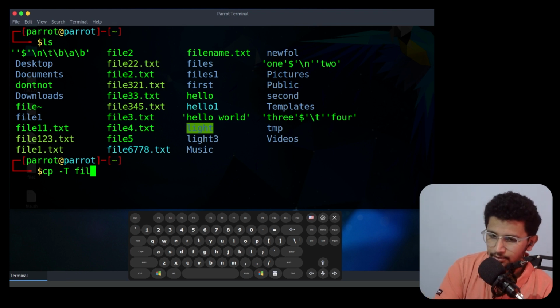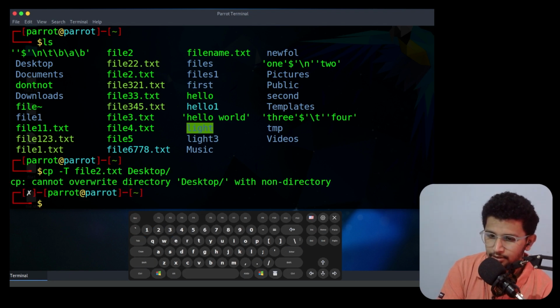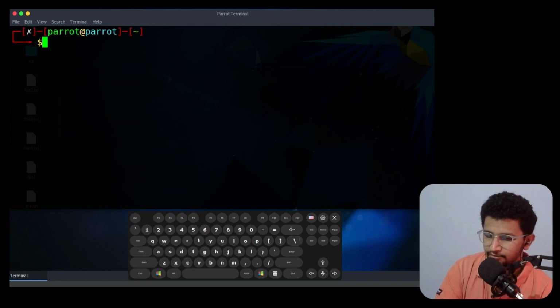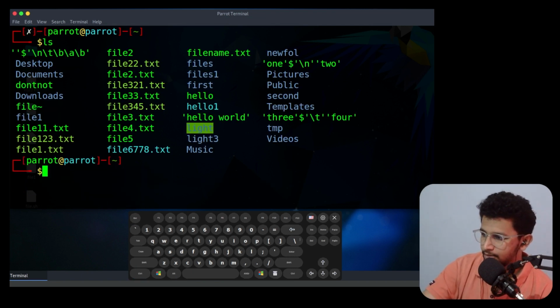Using cp, you are copying file2.txt to desktop, and it cannot overwrite the content of desktop with no target directory. It is nothing but you are not specifying a particular directory, you are copying a file to a specific file. That is the use of capital T. And let's go for the